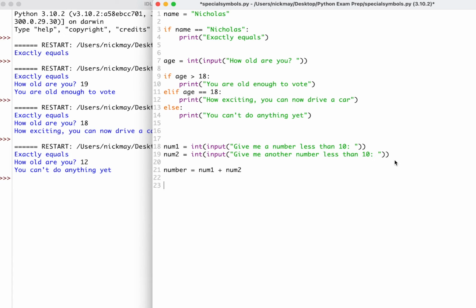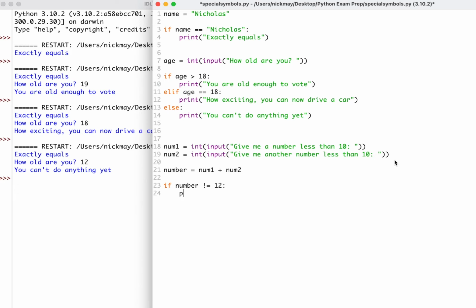Okay, so there we go. Let's write this. If the number, now this is the does not equal, exclamation mark equals, does not equal. So if the number does not equal, and let's say 12 for example, if the number does not equal 12,